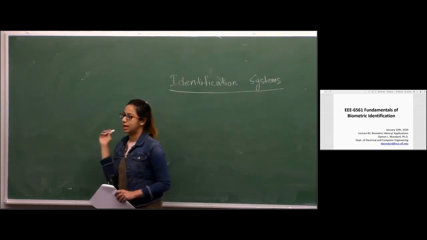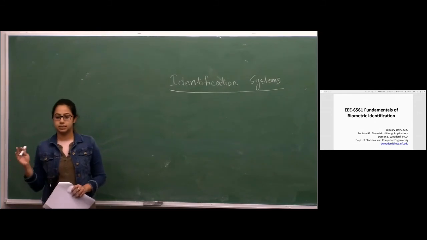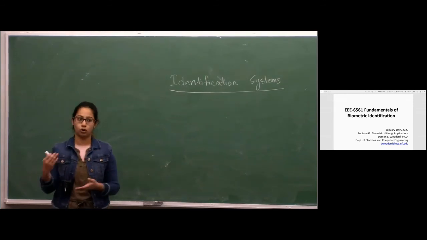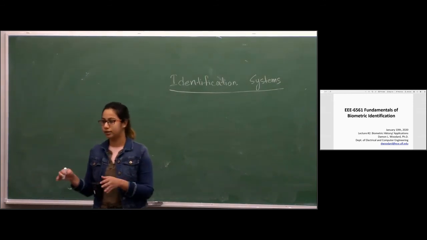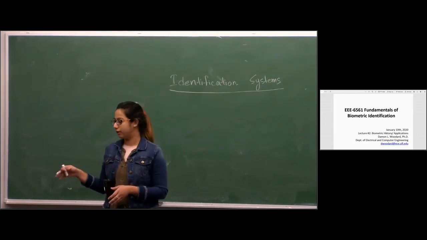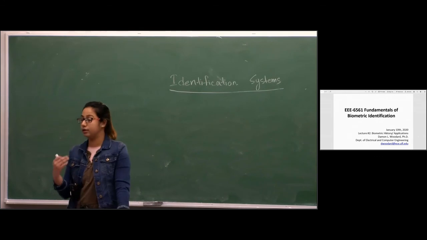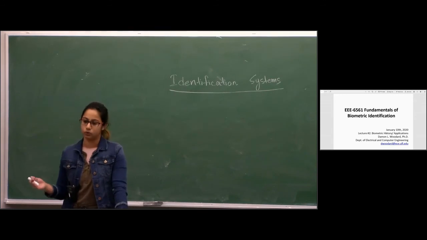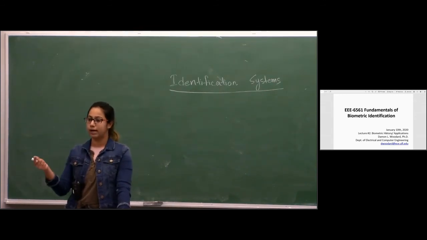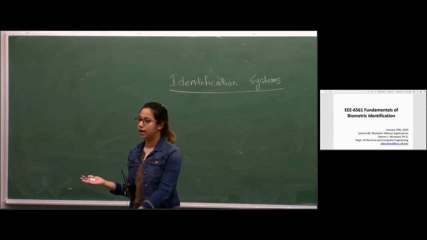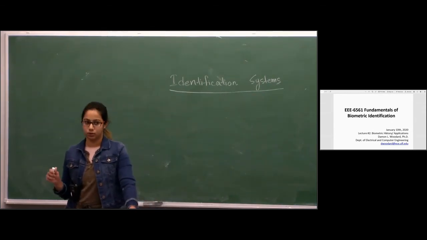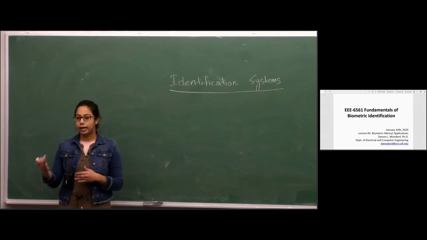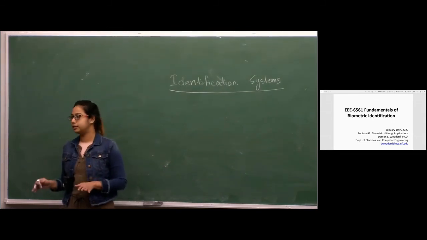So what exactly are these identification systems doing? This is just telling you whether you are a true or a valid user or not. For example, if you want to log in to your Canvas, what do you do? You write your user ID and then you type your UFID, right? And if it's matched correctly, then you can log into your account and do whatever you wanted to do. But if there is at least one digit falsely typed, or any one mistake in your user ID or anything, they will not allow you to log in to your account. So this is an example of an identification system. What they are doing is just identifying whether you are a valid user or not.